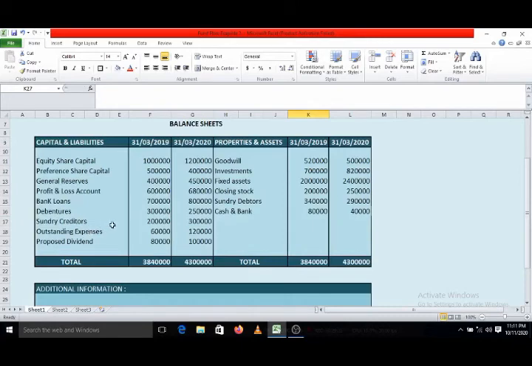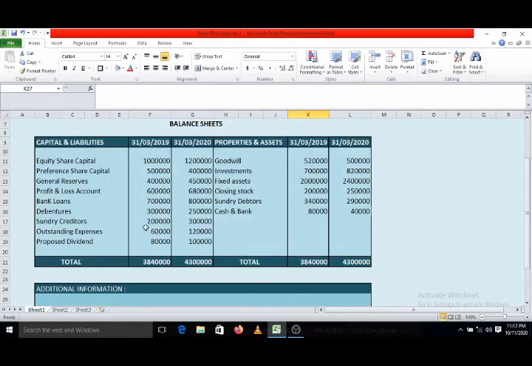Next one is sundry creditors. Sundry creditors and outstanding expenses, both these current liabilities, we have considered as a part of the change in working capital statement, and we have got the net result of all these funds as a decrease in the amount of working capital. So when we calculate either an increase or a decrease in working capital, that is a cumulative impact of current liabilities and current assets.